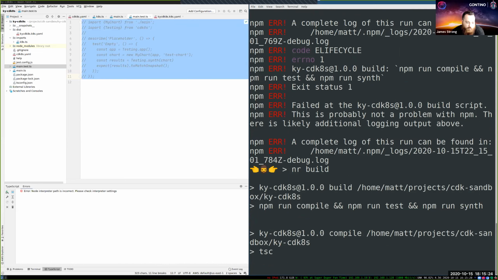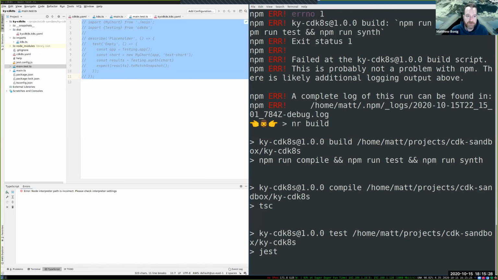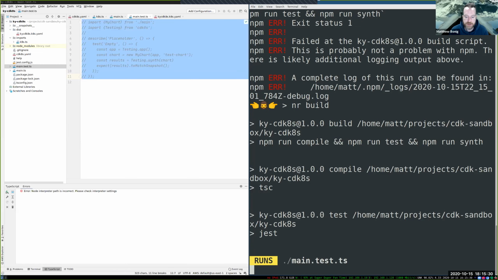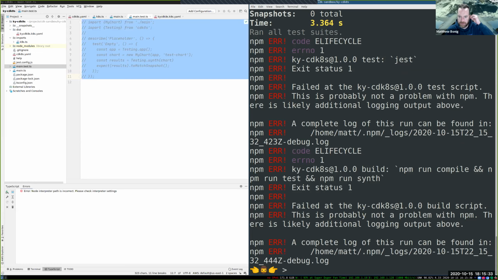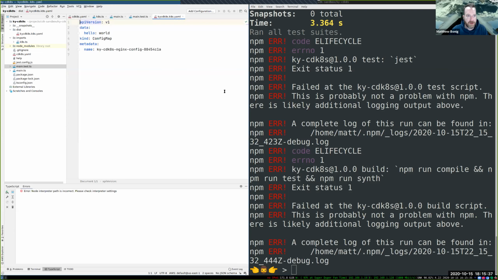So, okay, I wouldn't accept your pull request. Well, and that's fair. That's one thing we absolutely should be doing along the way. We shouldn't be accepting code that isn't unit tested. So our tests fail, but that's fine. I don't really care. And now you can see here we have a config map resource defined out with our basic hello world along the way.